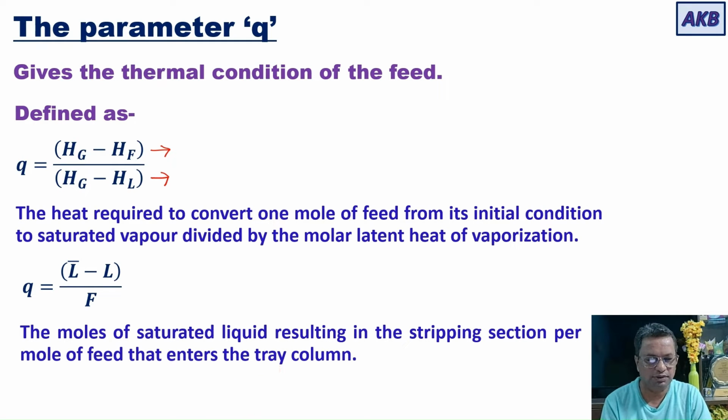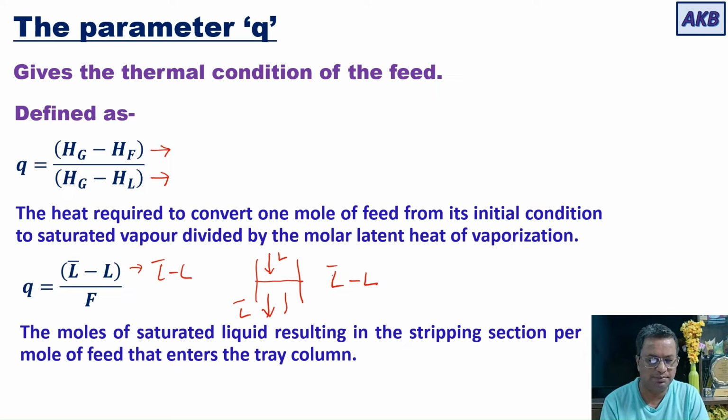Okay, so if you look at the numerator, which is L minus L bar, sorry, this is L bar minus L. So we have the column, and the liquid in the rectifying section has a molar flow rate of L. And the liquid in the stripping section has a molar flow rate of L bar. And if you take the difference between these two, that is L bar minus L, it will be nothing but